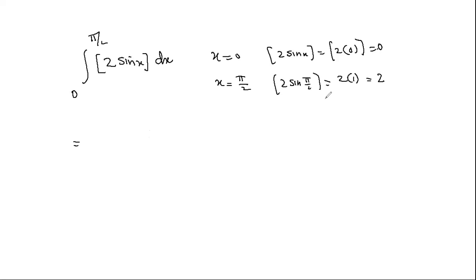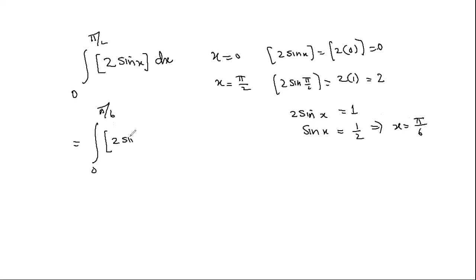So the limit will be from, okay, when does the integer of 2 sin x become 1? I have written wrong. When will this 2 sin x become 1? When sin x is half, when x is pi by 6, that is 30 degrees. So your limit will be 0 to pi by 6, integer of 2 sin x,